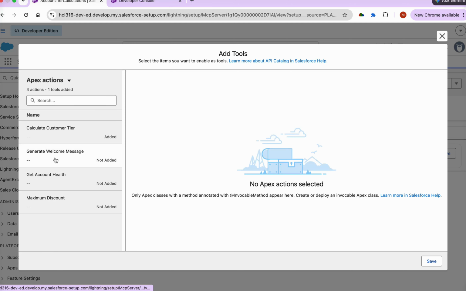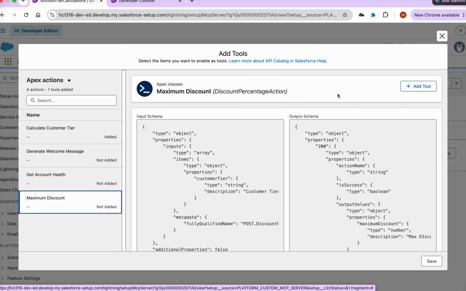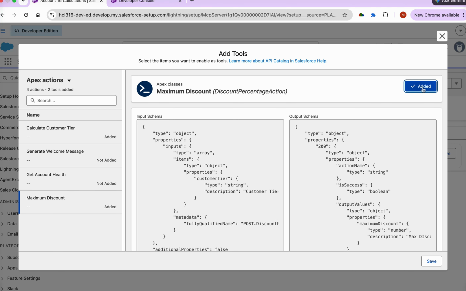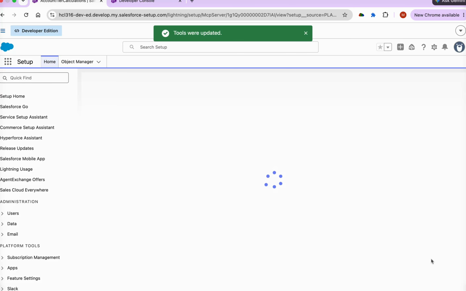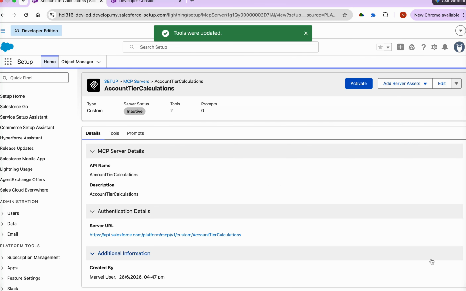All the tools available will be on the left hand side, so maximum discount is also there. Just click on add tools. You can see the input and output schema, just one field in it. You'll save it. Tool was updated. Okay, now activate it,